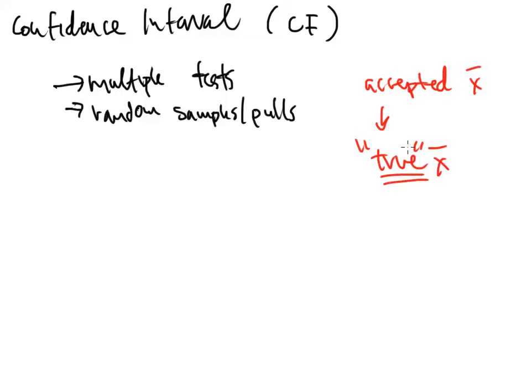A lot of times there's no way that we can calculate the true average of anything. So in order for me to calculate the true average of the light bulbs, I would have to test every single light bulb that comes off of the manufacturing line. Now think about that for a minute. I'm going to test every light bulb for its lifetime before I package it and send it out to you